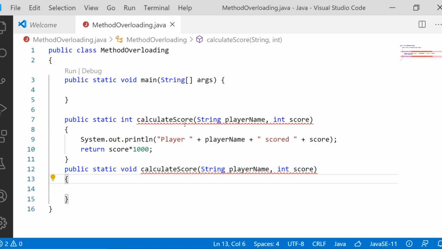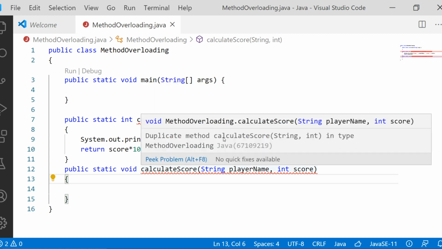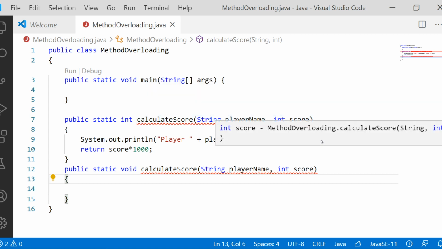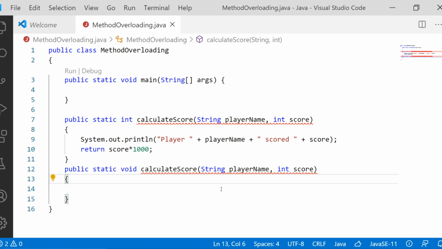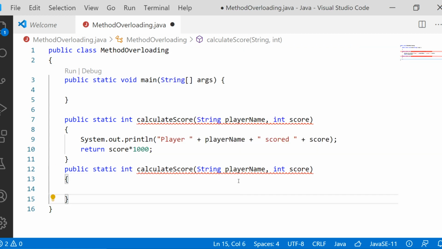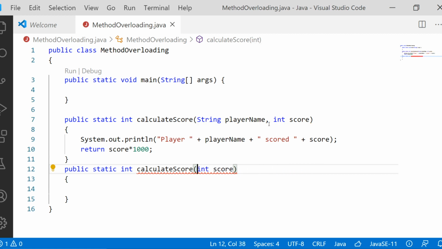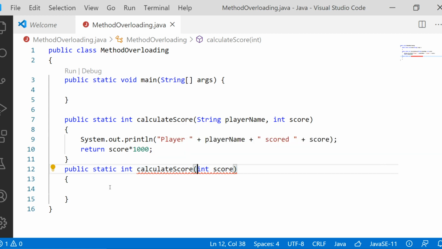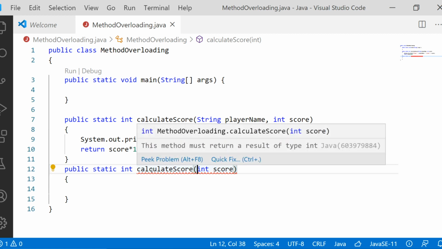Which means that the same method cannot be defined again with the same number of arguments, two arguments. Already you have calculateScore with two arguments, so you cannot define a method with the same name. I think here we will also define the return type as integer. But it is possible to define a method with a single argument, because already you have two arguments. With only one argument it is actually possible. So this is not an error; we have not written anything inside yet, so it is expecting us to return a result of type integer.